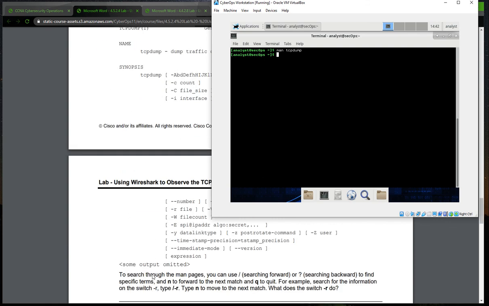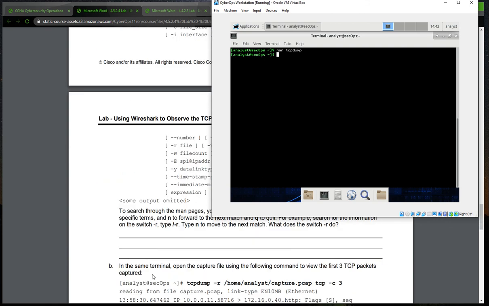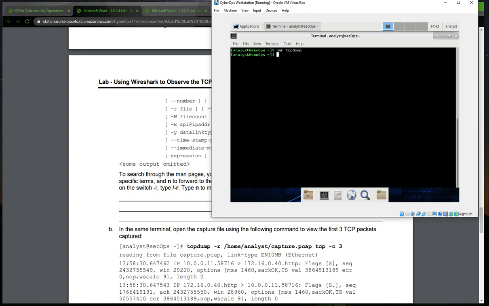And now we can use the command to read the tcpdump packet capture: tcpdump with the -r option, and then the location where our packet capture is located.